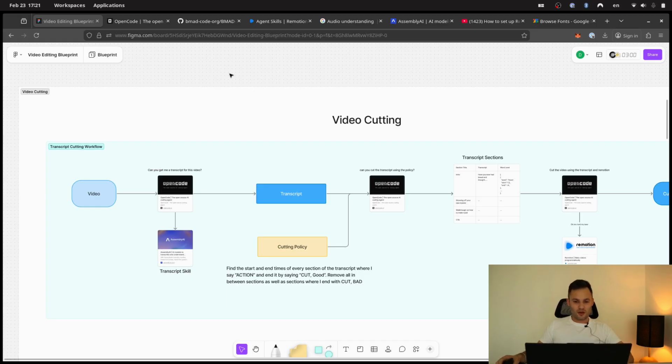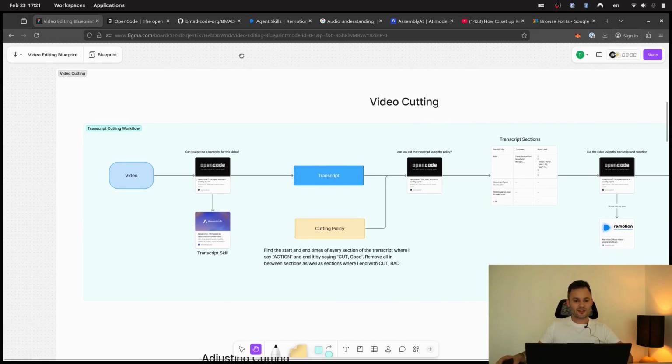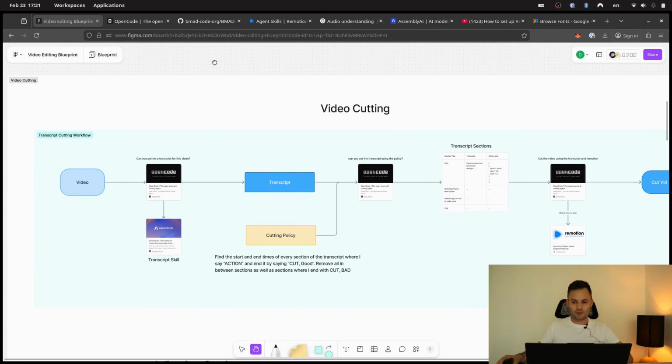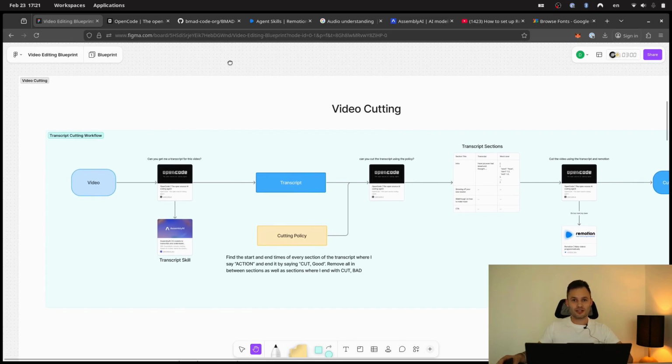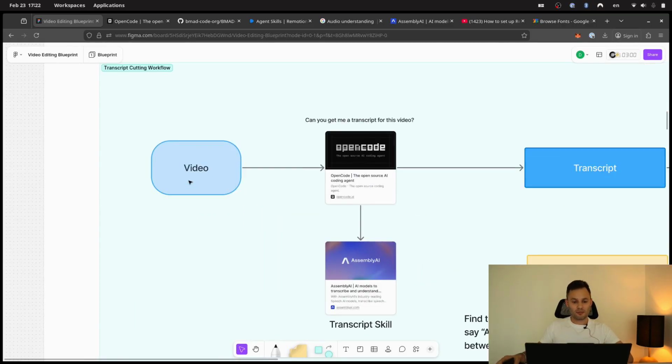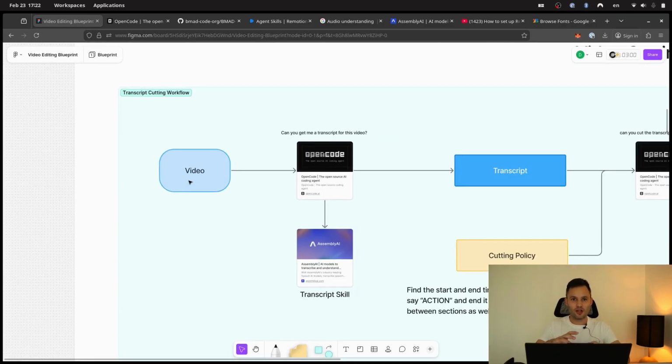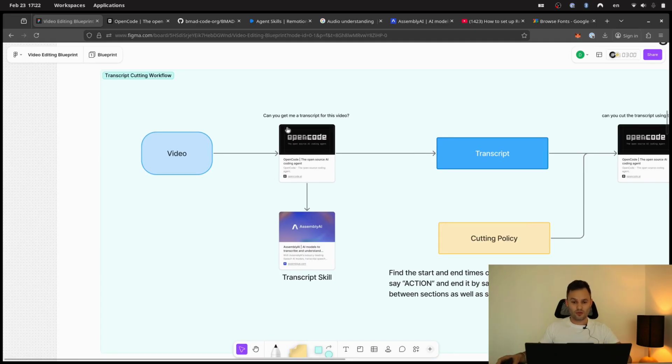The first thing I want to talk about is video cutting. So what I have is just a little pipeline of the main areas or the most important things related to cutting. There are a couple things I left out. Like, for example, in the video, we copy the video from a certain directory and we put it into our workspace using OpenCode. But the main gist of it is the first step you want to do is get the